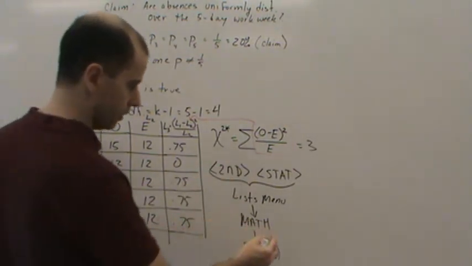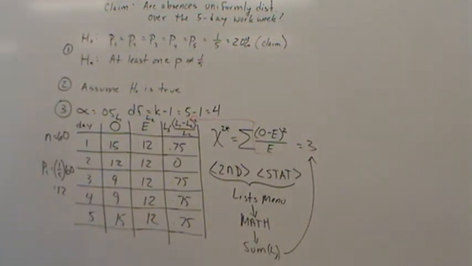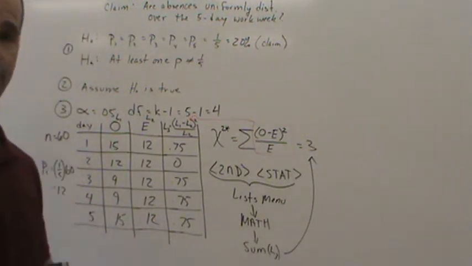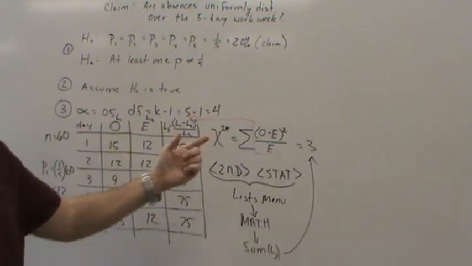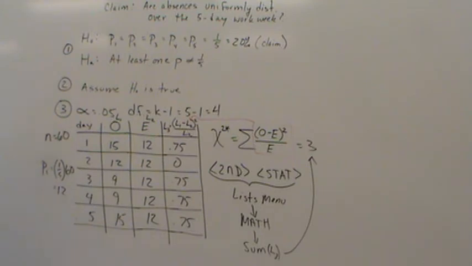That gives you your test statistic. If you don't have the chi-squared goodness of fit test on your calculator, you have to do it this way. This is the easiest way to do it. Okay? So now that we got our test statistic,